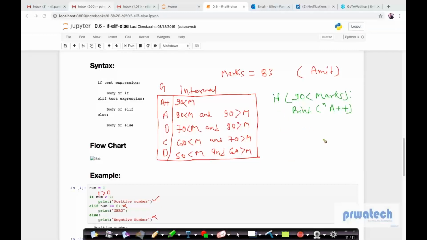Earlier you said else for the second condition. If the first condition is not true, it will go to the second. But I know there are 4 categories, not just A and B. How can I handle this? To handle this, I write elif. Then I write the same thing that I wrote next to A there: 80,